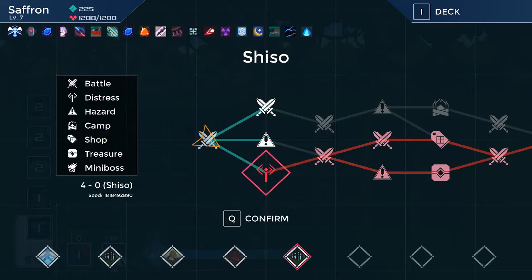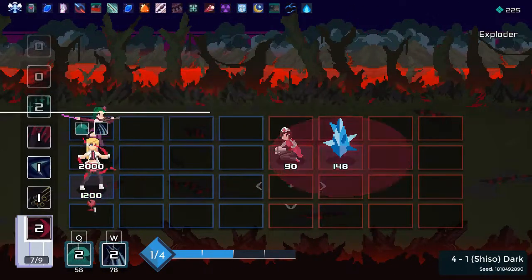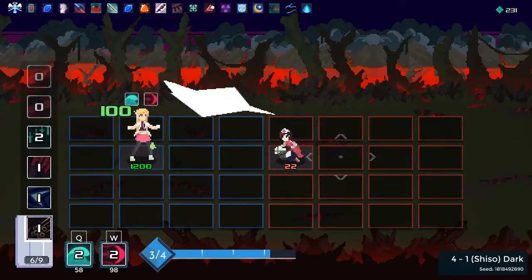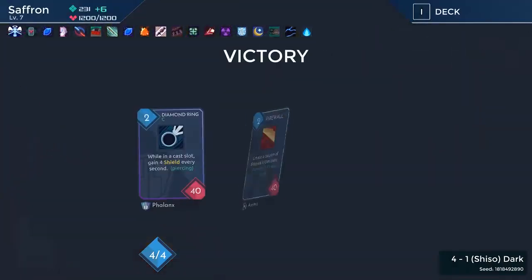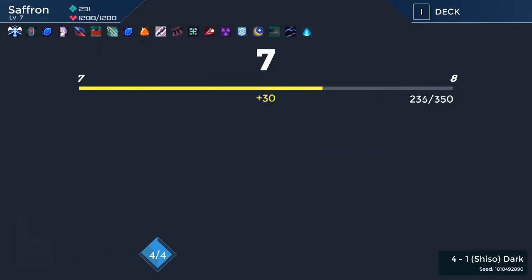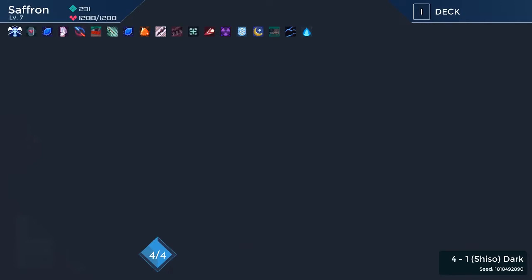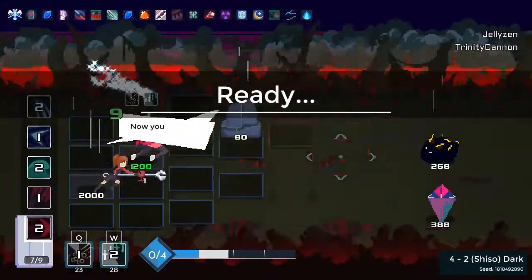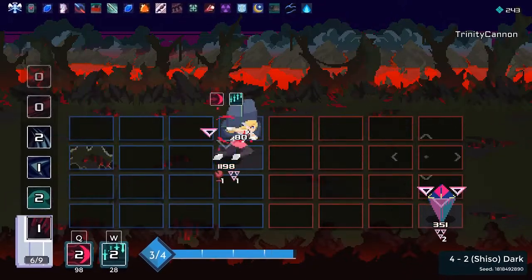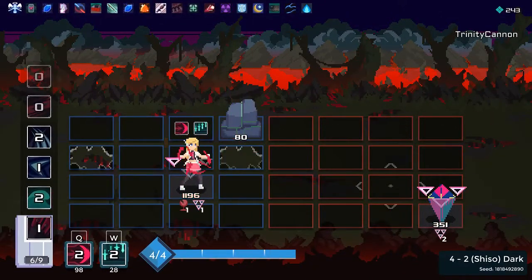Should we go a blood path again? It's probably smart to just keep doing that because I'm doing so well. Oh, that's right. The claw also does splash damage. That's why it hurts them so much. Again, where is my multi-hit? Where is my multi-hit? Because you see, look at this. I have multi-hit now, and that guy's dead. So,